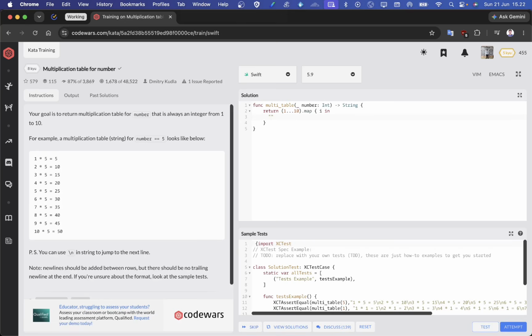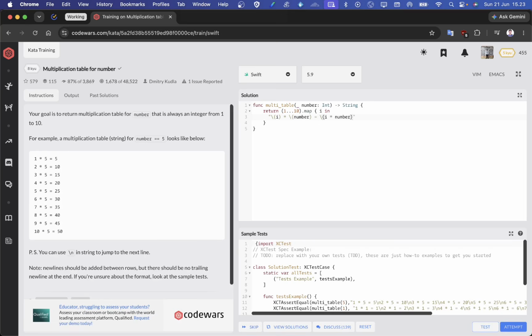Inside here, we can use string interpolation to embed values directly into the string. So we can write it like this. We can write $0 as the multiplier, times number, and the result will be $0 multiplied by number.